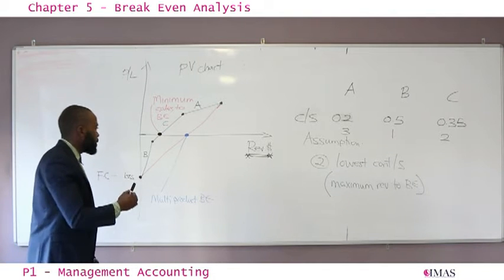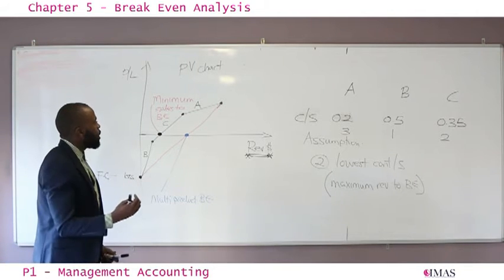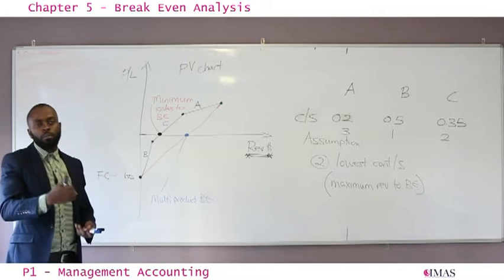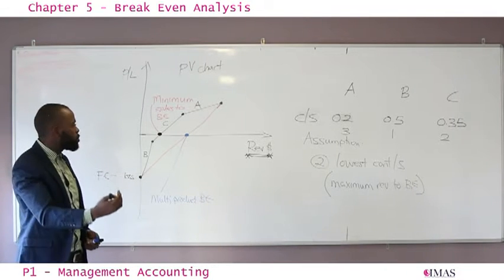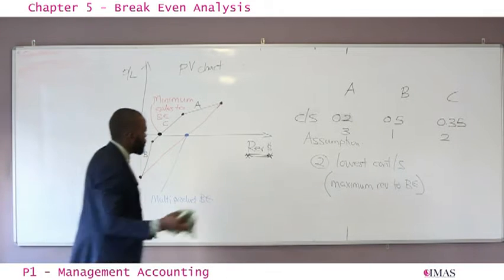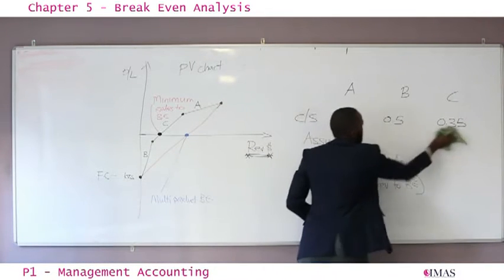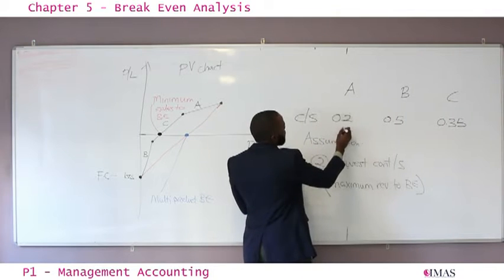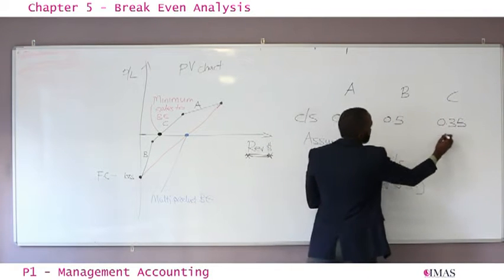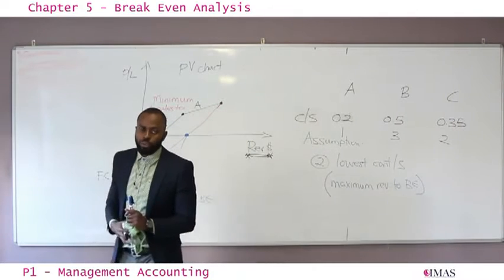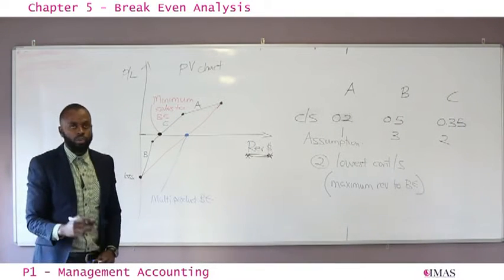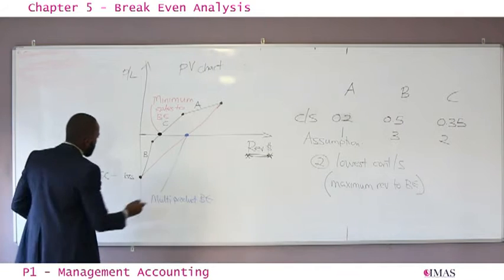So here we are assuming the worst case scenario, that we start by selling the product with the lowest contribution to sales ratio. It means that we're going to cover fixed costs much slower. So with these units that we have here, we're going to start with A, then we go to C, then lastly we go to B. So we're going to have the maximum revenue required to break even. So if we're going to show it graphically,